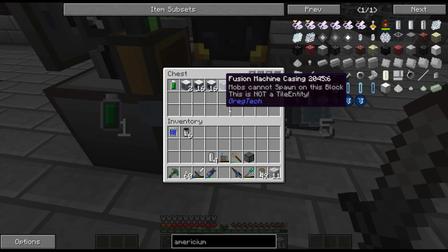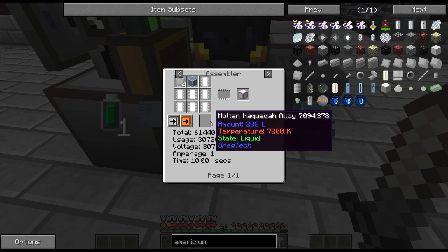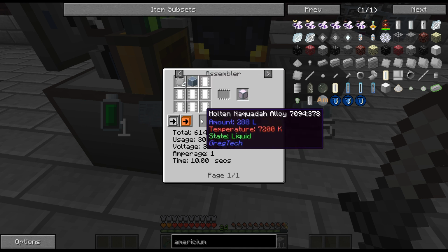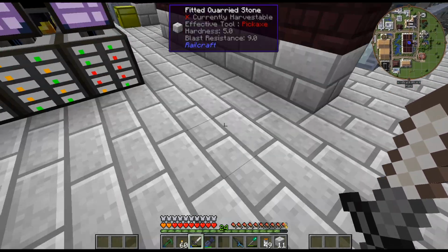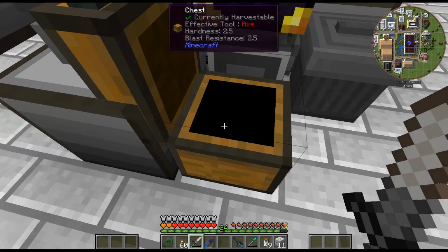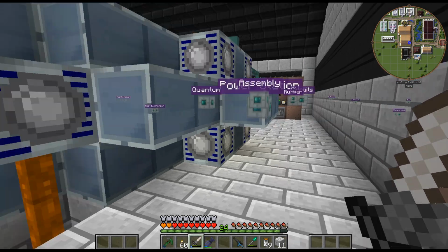Now, I'm going to use less. Oh, okay. So, missed that part. I was thinking it was just Naquat alloy. I totally didn't even think about the Americium that we're going to need for that. All right, so I got to figure out how many, because I don't want to have to craft up more of these casings than I'm actually going to need. Shoot. So I have 5, and then...